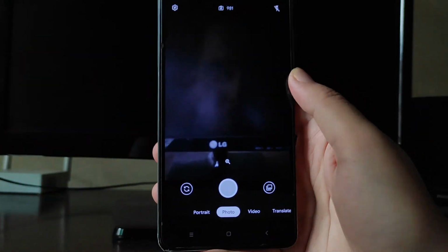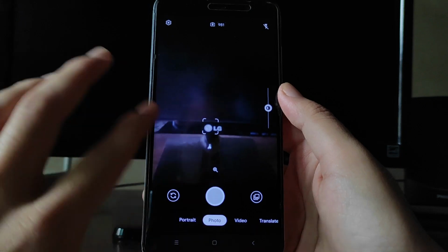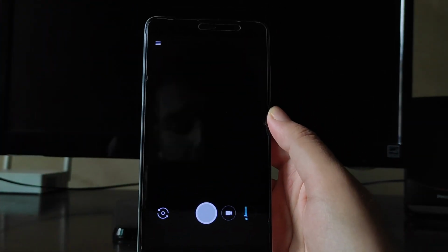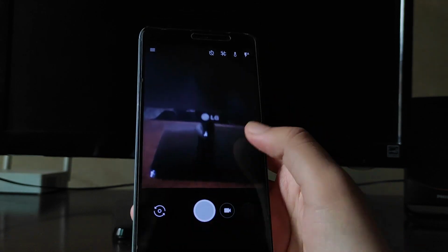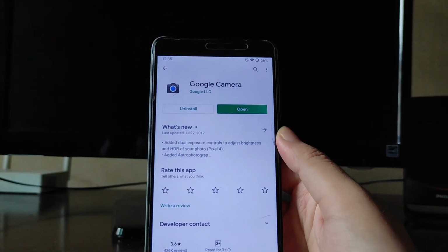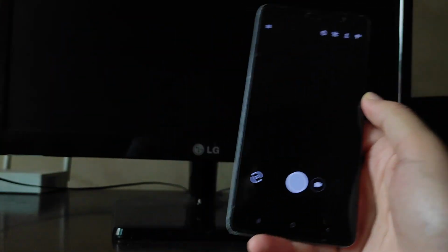Today the monitor is off because my computer is just not working here. Then another one you get is the Gcam 5.1, which was just available on the Play Store. I'll just show you. As you can see, it is officially available on the Play Store, and you can directly install it from the Play Store and open it.